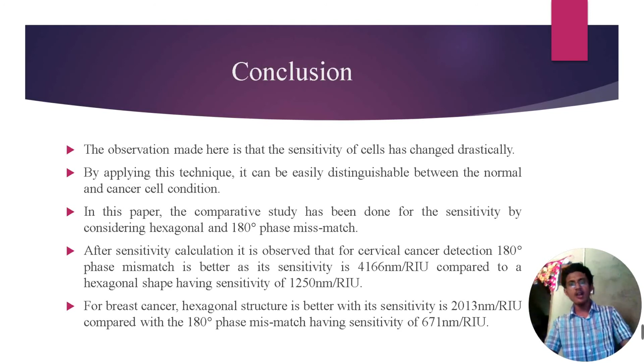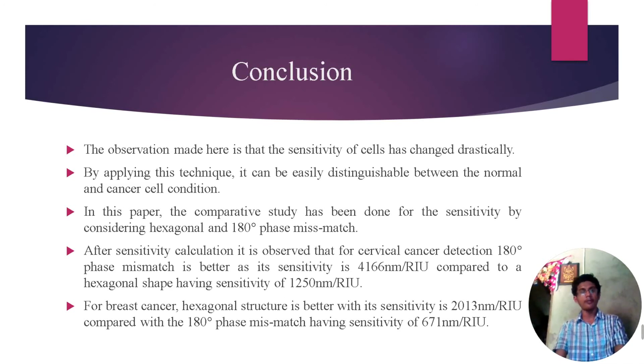In this paper, a comparative study has been done for the sensitivity by considering hexagonal and 180-degree phase mismatch. After the sensitivity calculation, it is observed that for cervical cancer detection, the 180-degree phase mismatch structure is better, and its sensitivity is